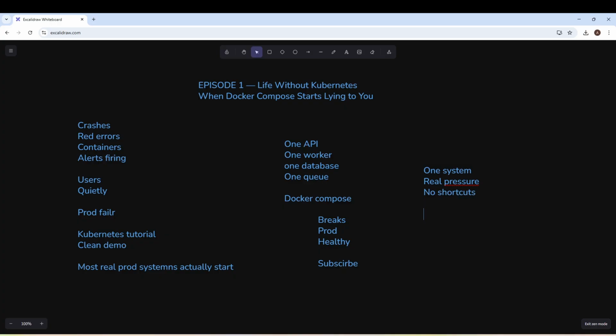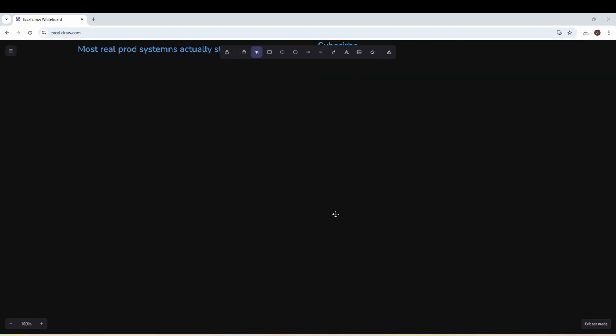All right, let's build the system now. First, I would like to start with the architecture. In the architecture, we will have a client. This client will talk to an API. This API is not doing the work. It will push a job to Redis,